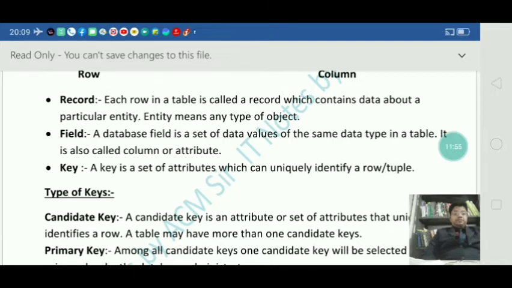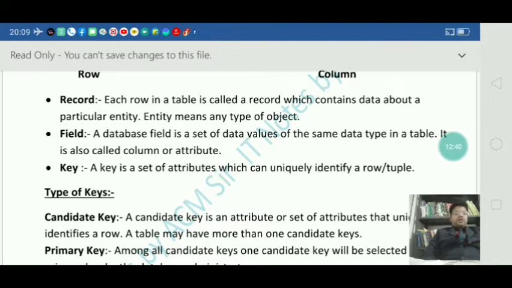A database field is a set of data values of the same data type in a table.